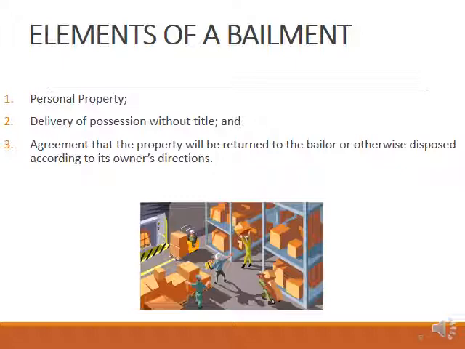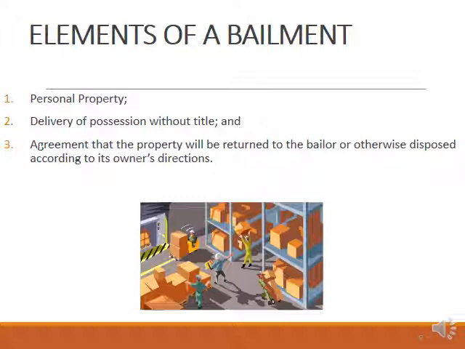The mechanic would have possession or control of that car through me giving up the keys through a constructive bailment, but the mechanic would not have ownership of the car. And the purpose of that would actually be for the mechanic to fix the car, and then they're going to give me the car back. So that would be an example of a bailment.